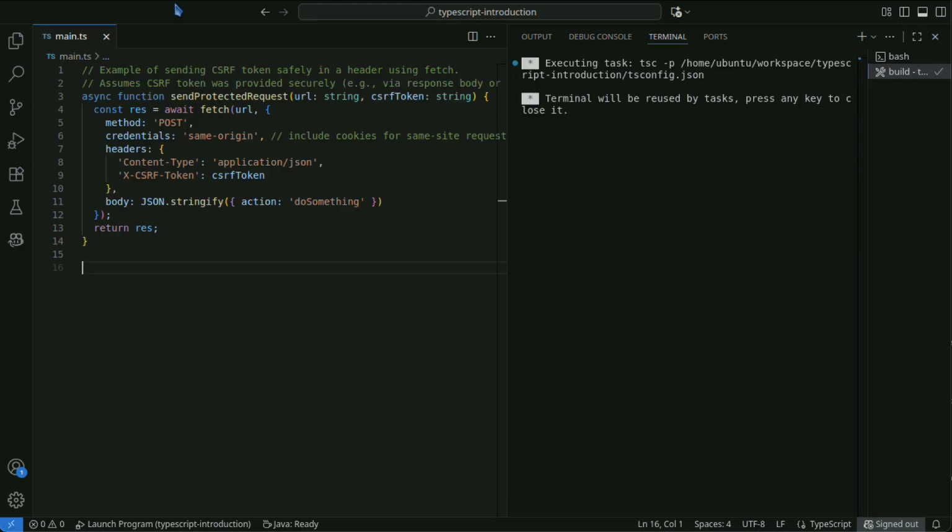If you specify credentials: same-origin, only cookies for the same origin are sent. On the server, validate the value of the X-CSRF-Token header and verify that the token matches.